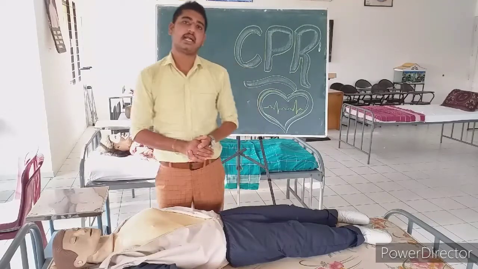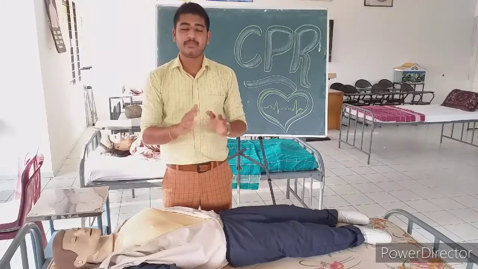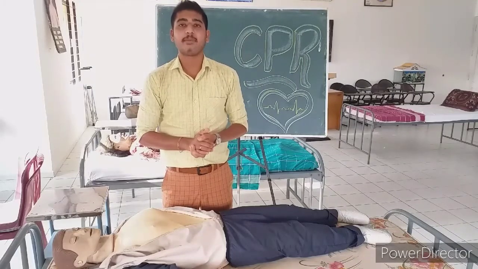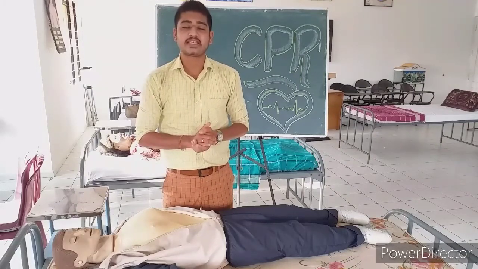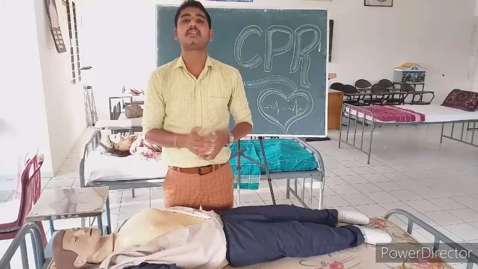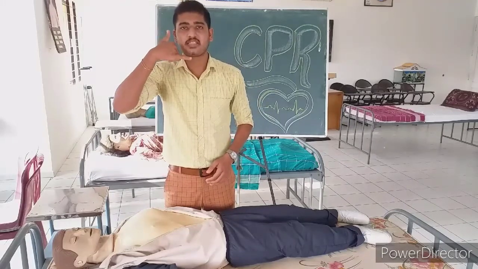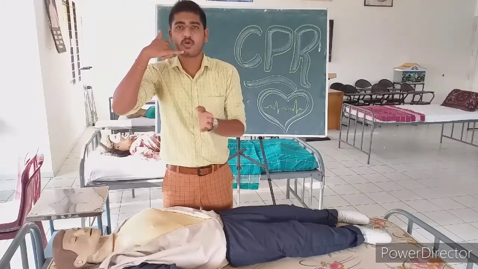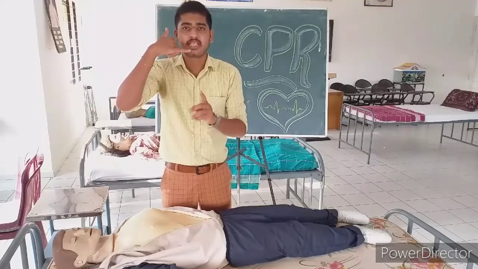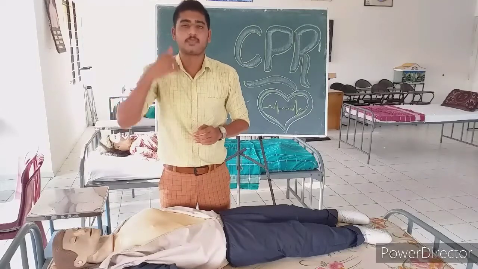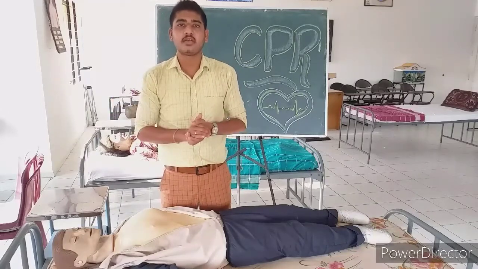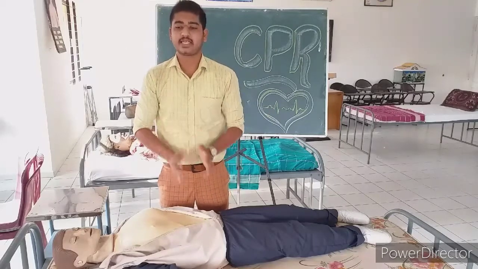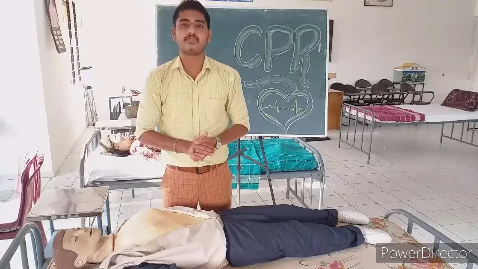Okay, and the third thing you have to do is immediately call the ambulance, 108. When you call the ambulance, you have to tell the exact location. It will be just like this: hello ambulance, this is Mayur, a person has collapsed in Mangalore City Center Mall, third floor to the right side in the cinema hall at the last row. When you tell the exact location, the ambulance people need not search for you in the nearby area. They will reach you without any further delay.